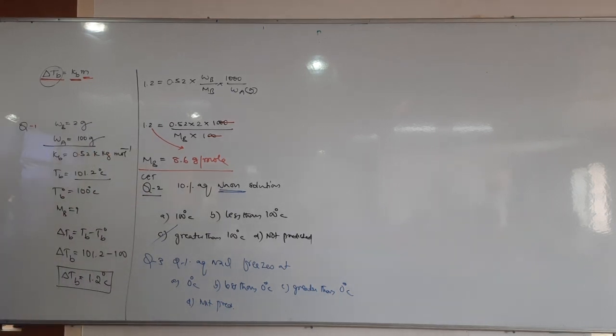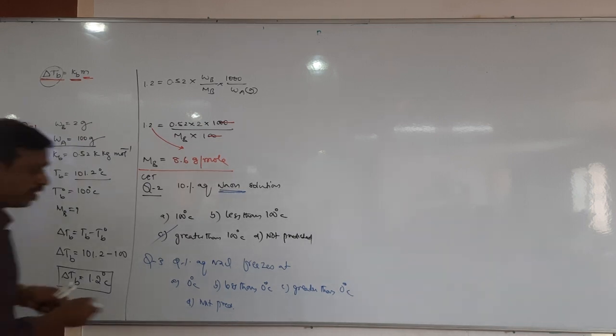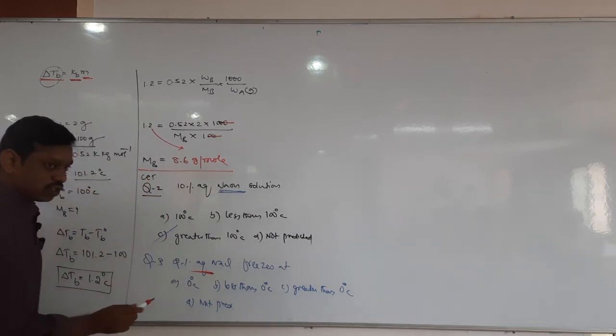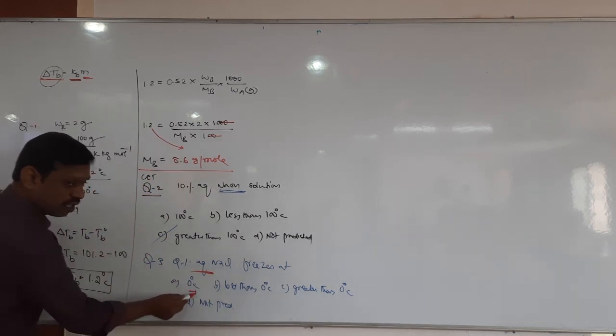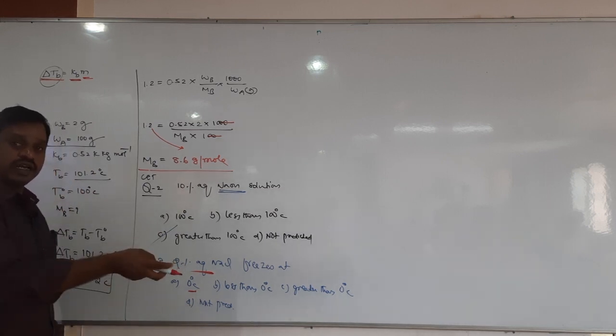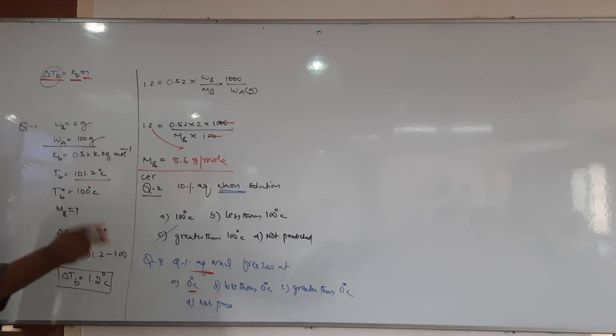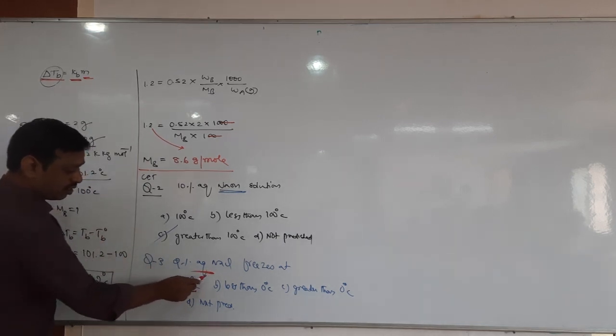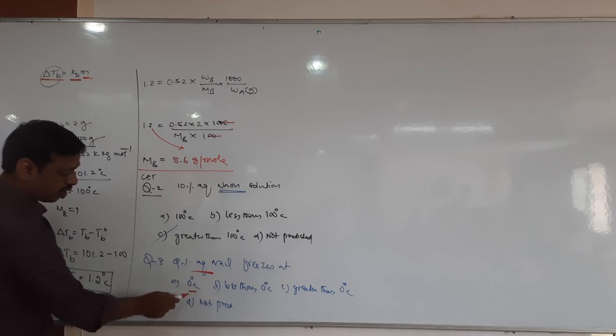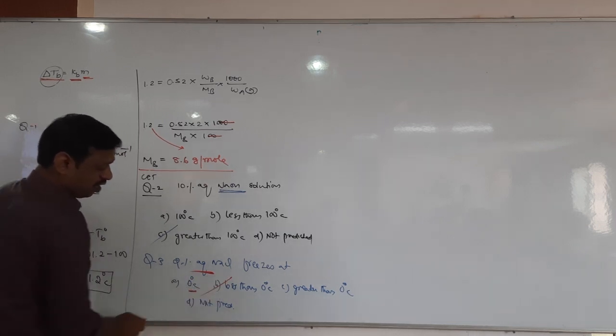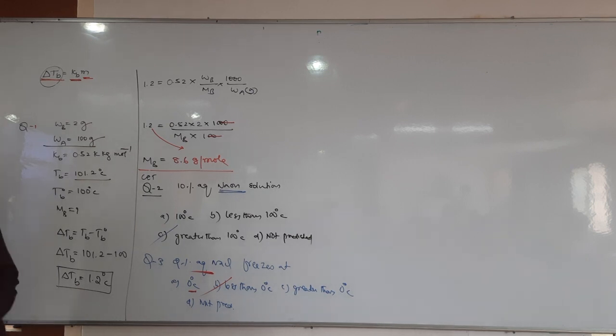See, freezing point of solution is always less than the freezing point of pure solvent. What is the freezing point of pure water here, the solvent? It is aqueous, water. So the freezing point of pure water is 0. When a non-volatile substance is added, even an electrolyte, to a pure volatile solvent, then what happens? Freezing point decreases. Therefore, less than 0 degrees Celsius. So remember, when a substance is added to a pure solvent, its boiling point always increases. Freezing point always decreases.